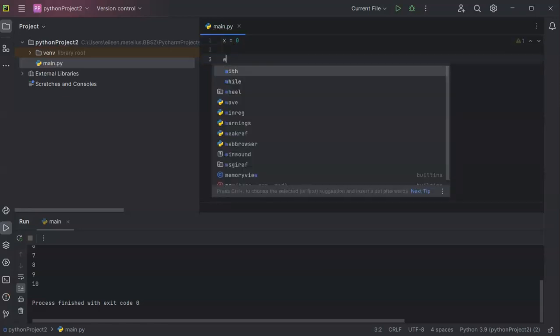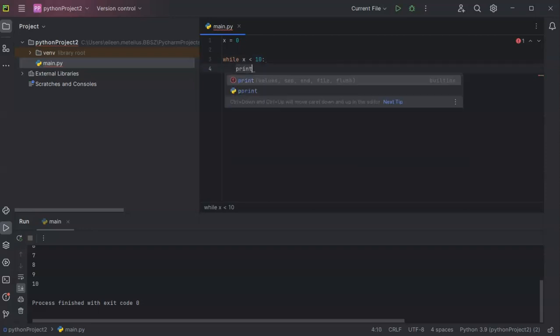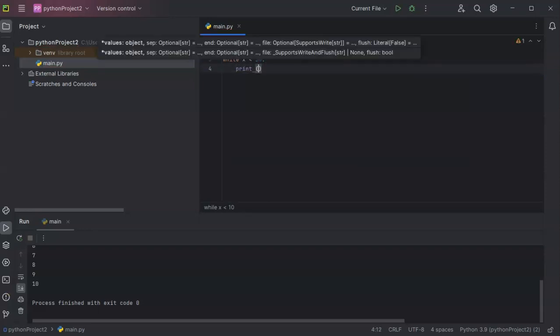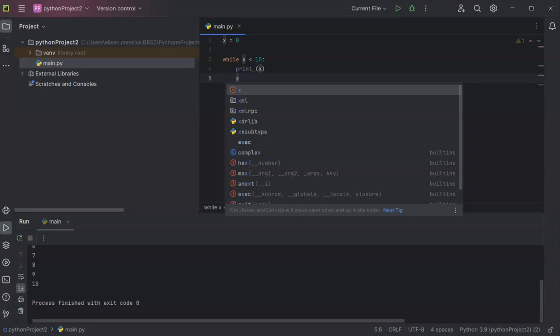Now we can say while x less than 10, we can say print x, and then we'll iterate x